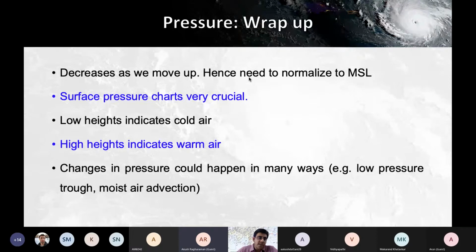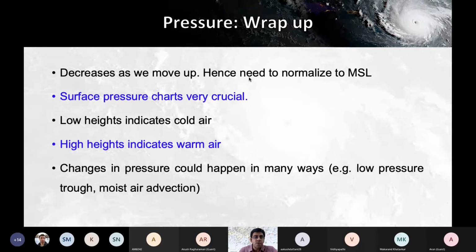If you are trying to measure surface level pressure in Bangalore, whatever pressure you measure in Bangalore, you will have to normalize it to the mean sea level. Bangalore is at a height of 900 meters. So if the value of pressure measured there on the ground is, let us say, 800 millibar, then you will have to